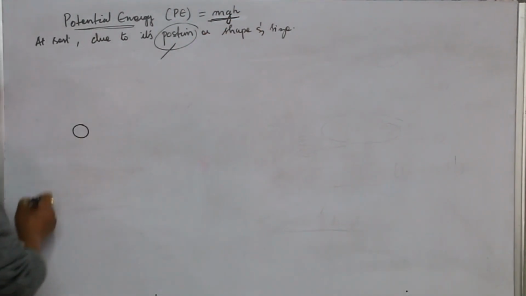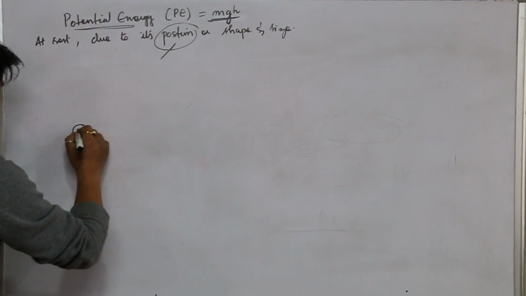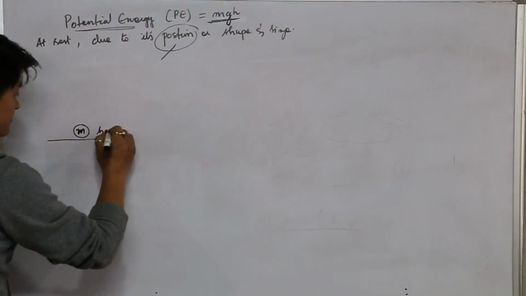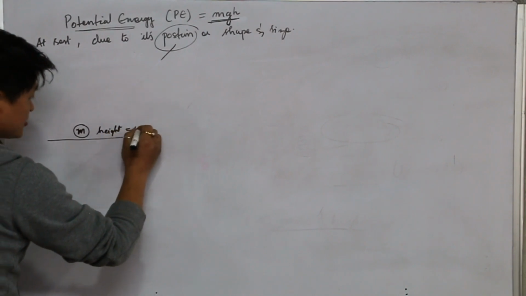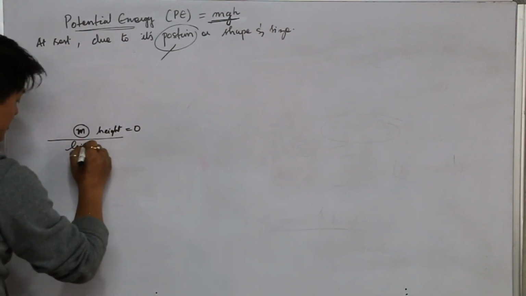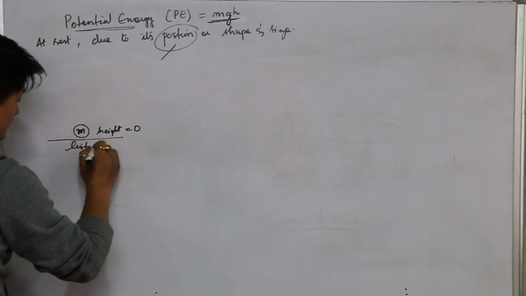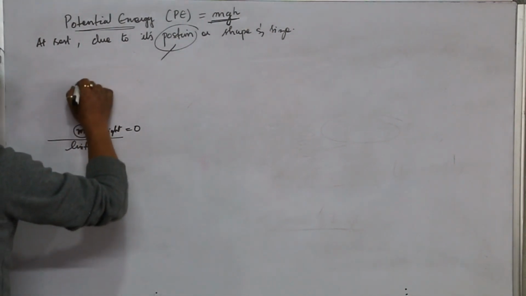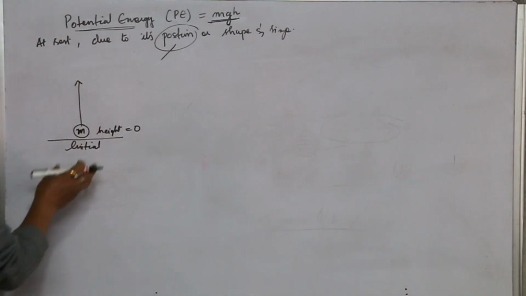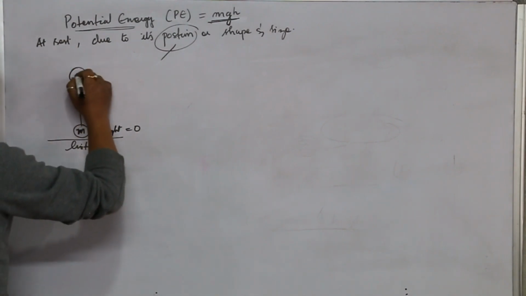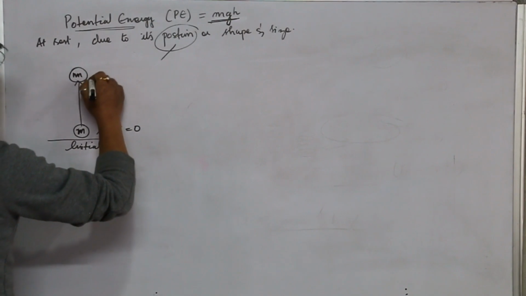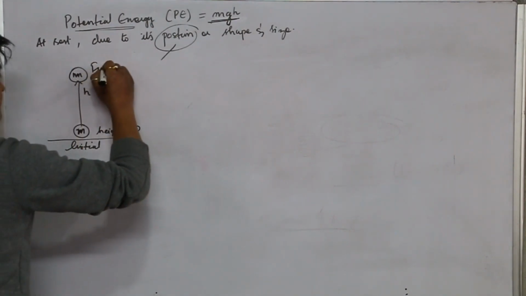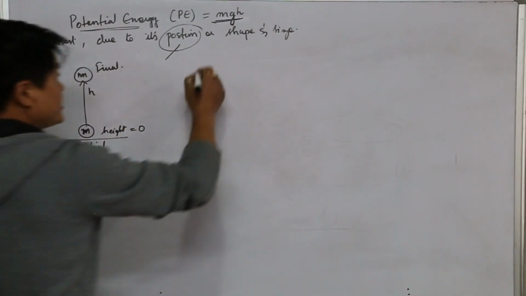If we have a body of mass m initially at the ground with initial height 0, and the body is lifted upwards and reaches a height h. This is your final height. When the body is lifted